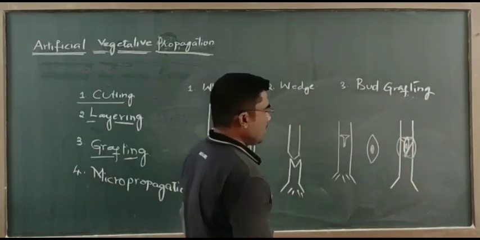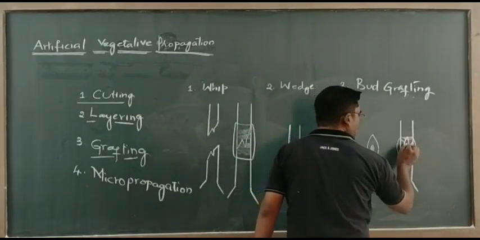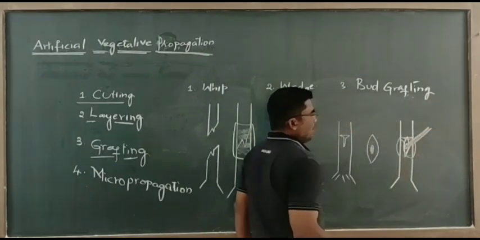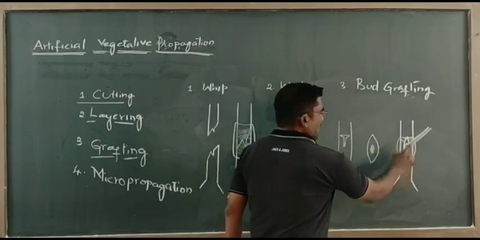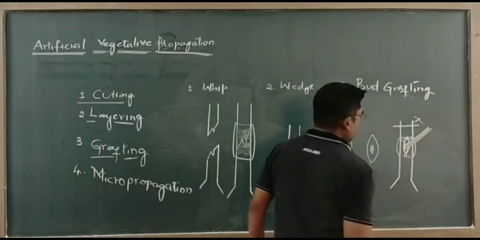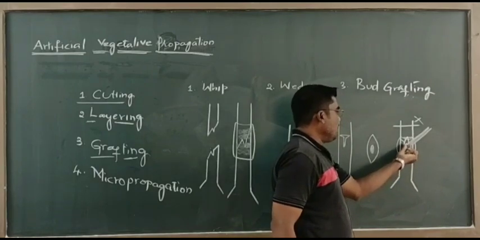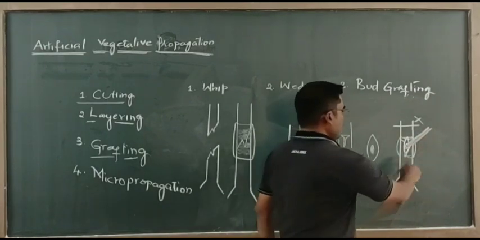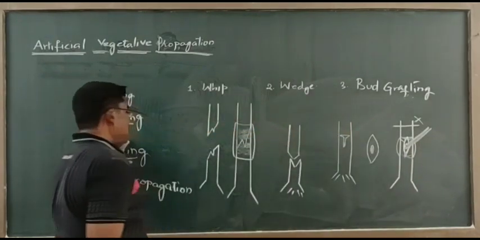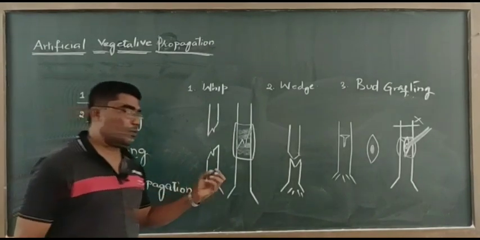After a few days, this bud becomes active, germinates and starts to produce a new branch. When it produces the new branch, then this stalk is cut above the grafted area. This part is cut and the stalk with the grafted branch remains, and then it produces the desired plant. So here commonly grafting is performed in dicotyledon plants because they comprise the vascular cambium, and